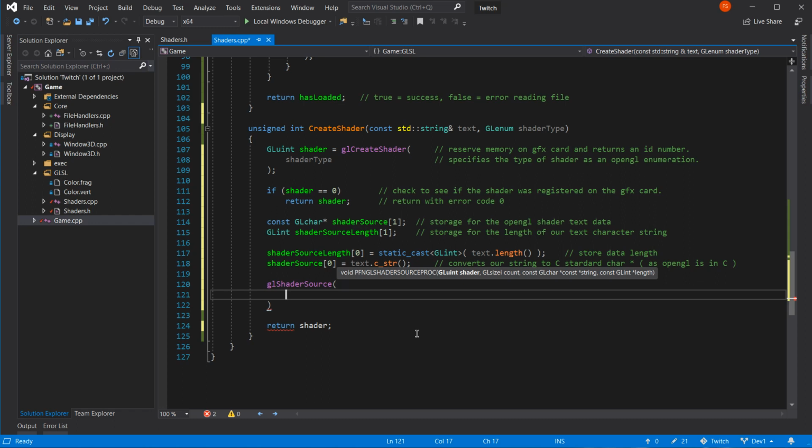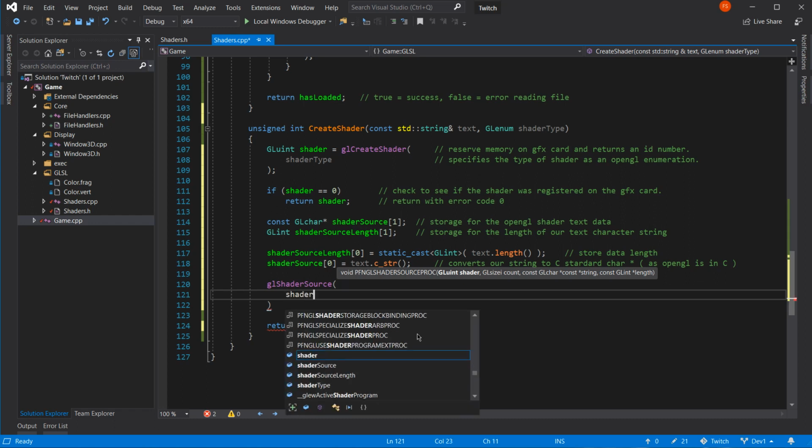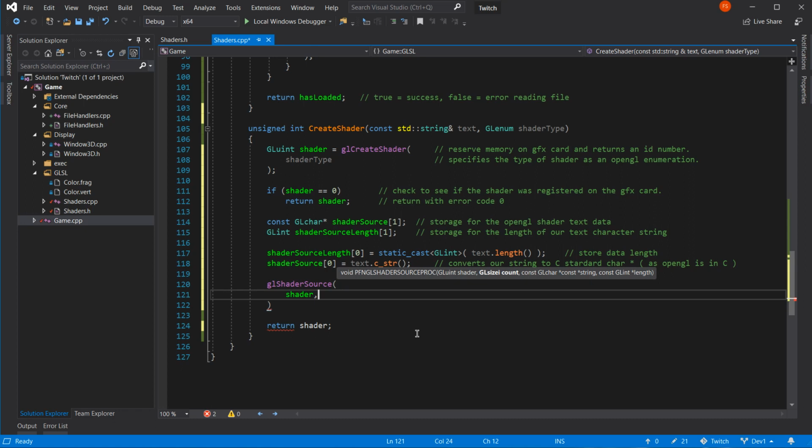Guess what we called it? Okay, I'm happy already. Now, what's it want? A GLsizei count. Really? Okay. There's one shader. There you go.